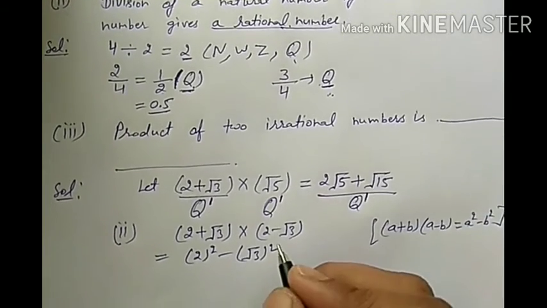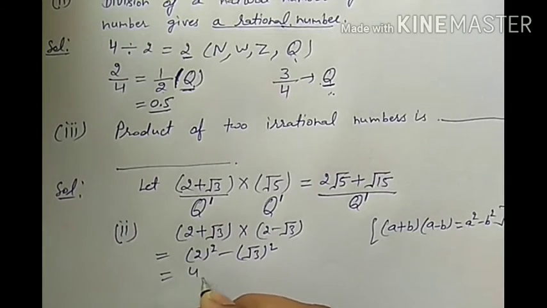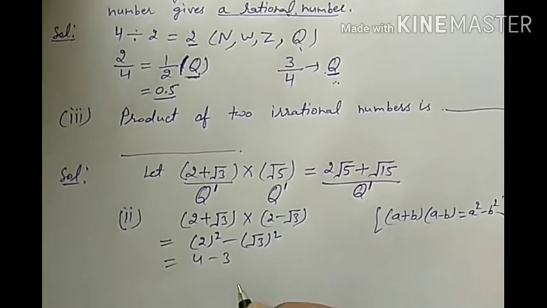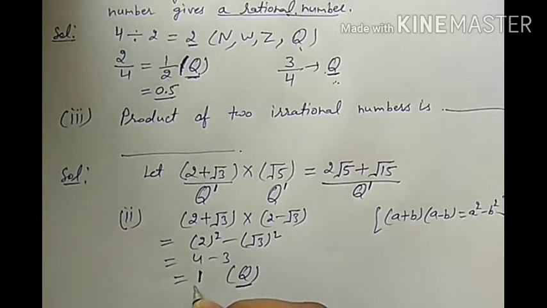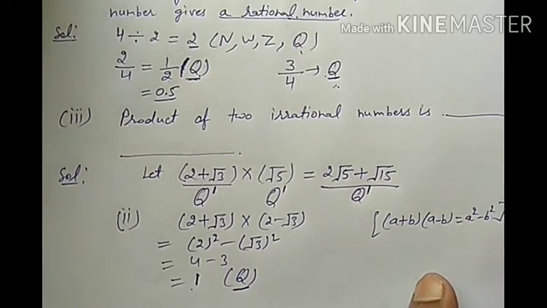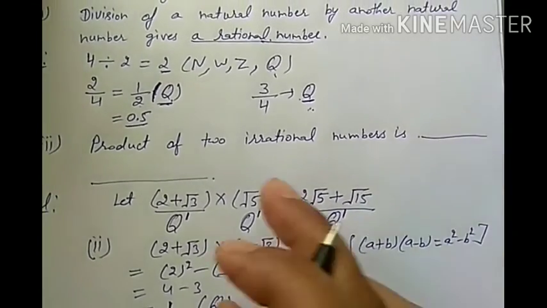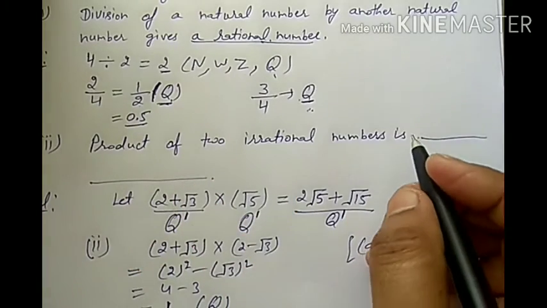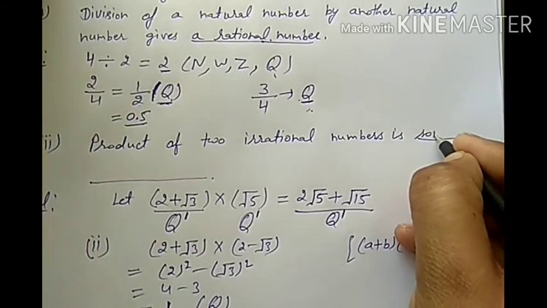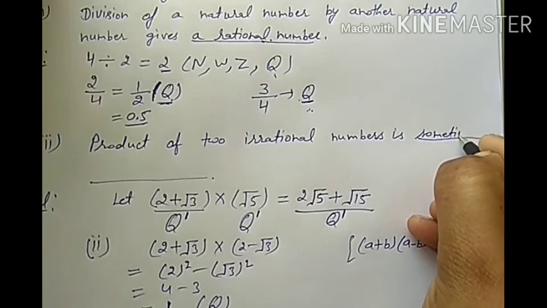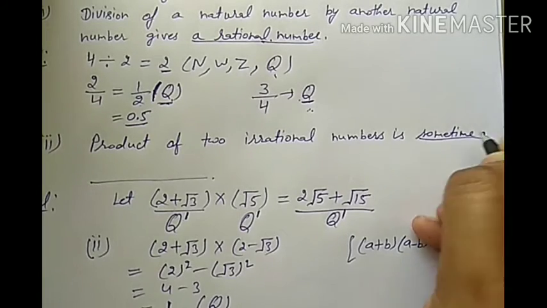So here we get 4 minus 3, and that is equal to 1. And this time it is not an irrational number, it is a rational number. 1 is a rational number. So our answer will be: product of two irrational numbers is sometimes a rational number